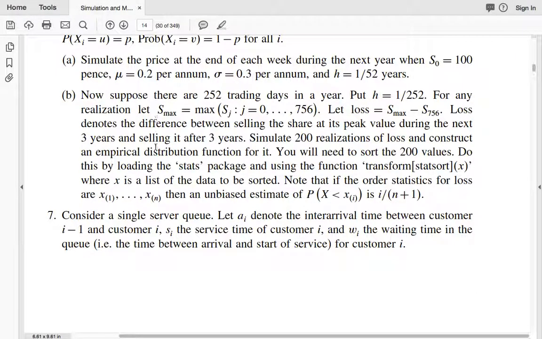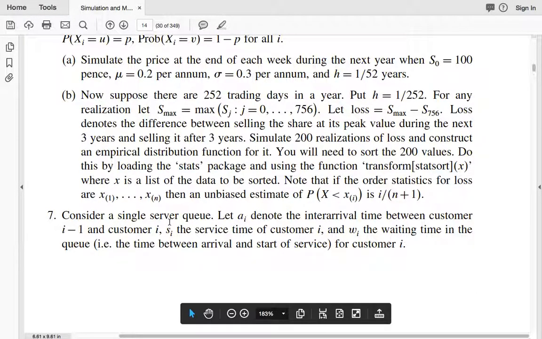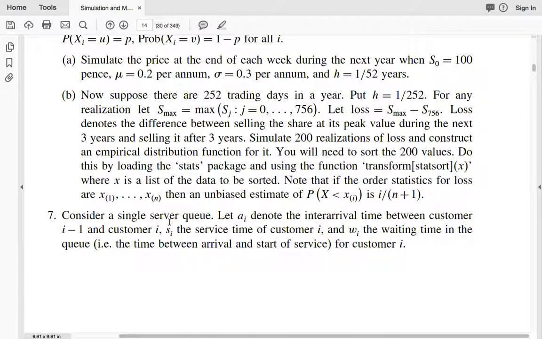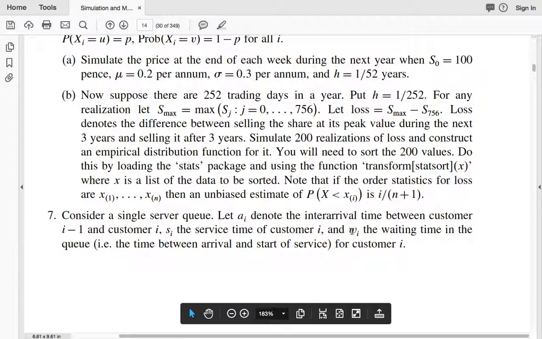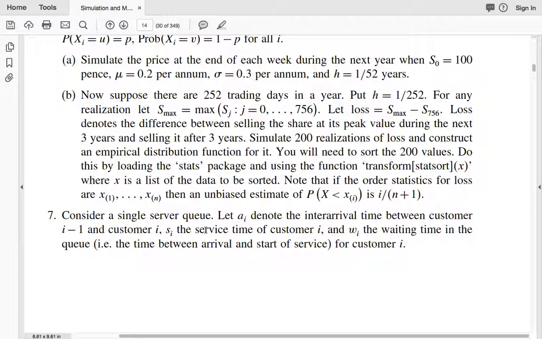For the final problem of Chapter 1 in the Dagpunar textbook, we have a simple M/M/1 problem where people come in at random times to a shop, for example, a bank in this case. They see if there's someone in front of them in line. In that case, they will have a waiting time W, and then they will be served. That will be the service time S_i, and A_i will be the interval between one person coming